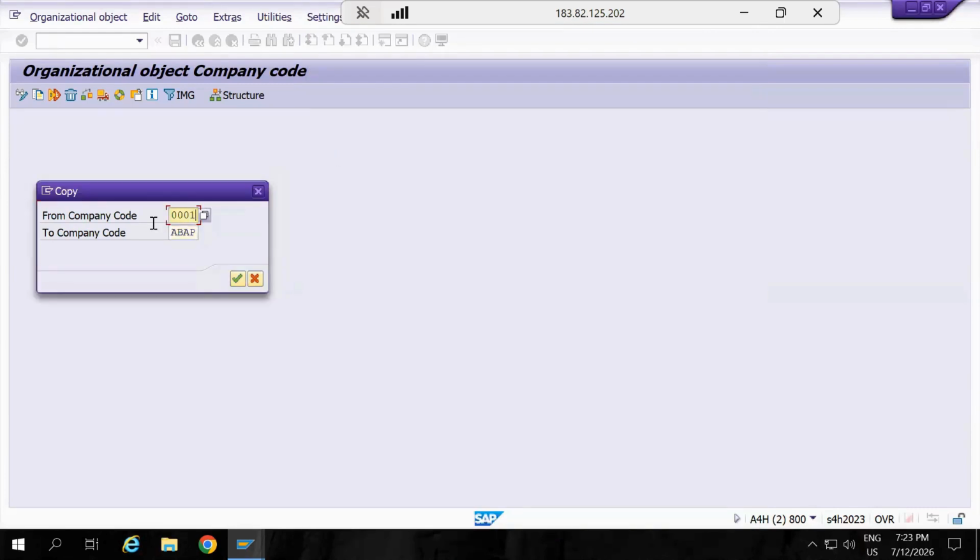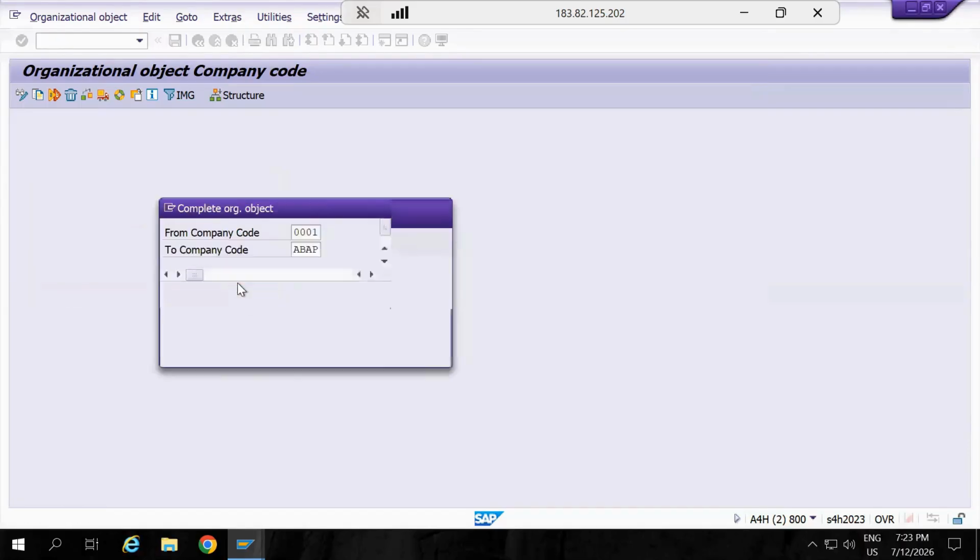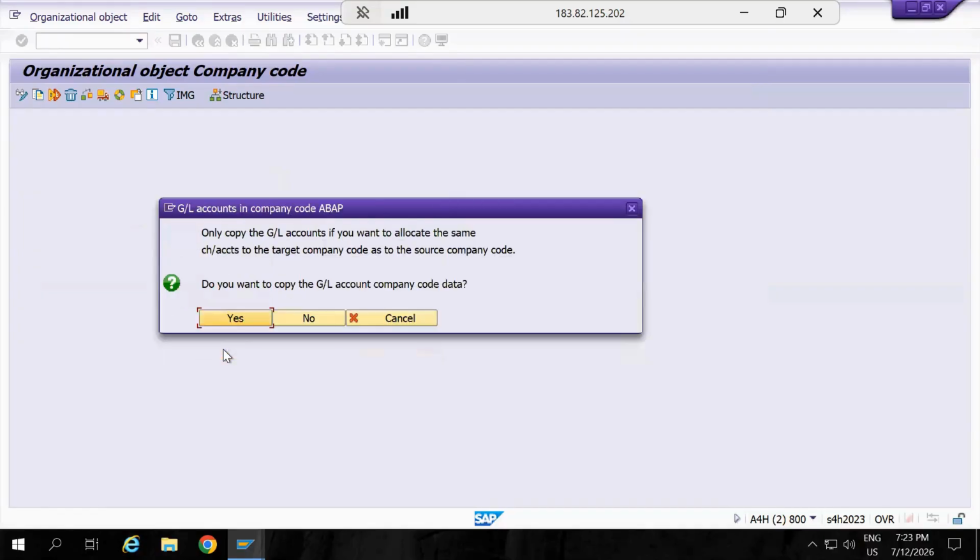So from the source company code 0001, which is nothing but our master copy company code, I'm copying the data to our company code. So click OK button. Click OK button again. Here you need to be